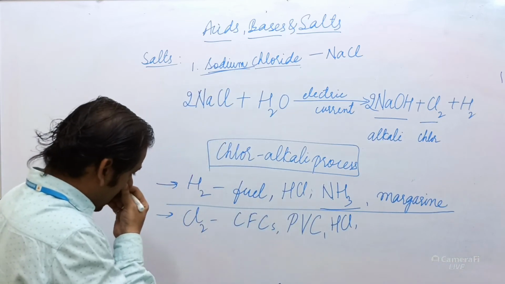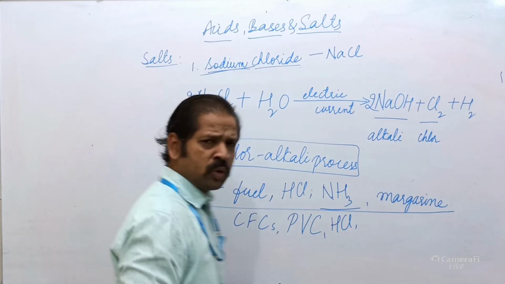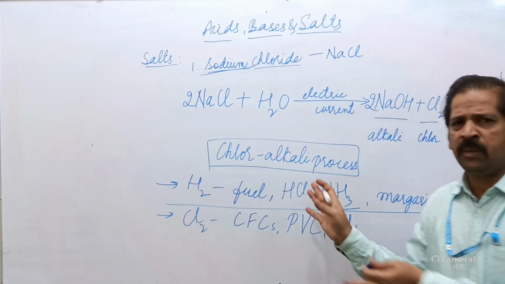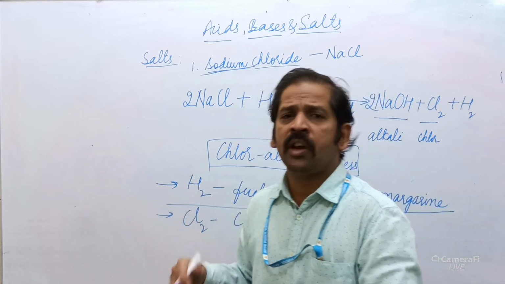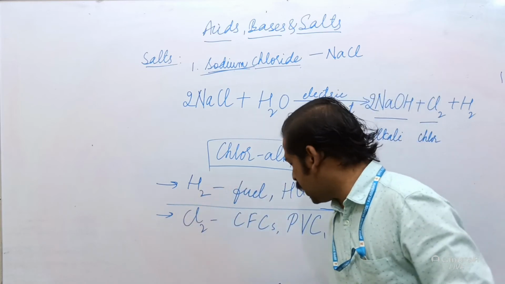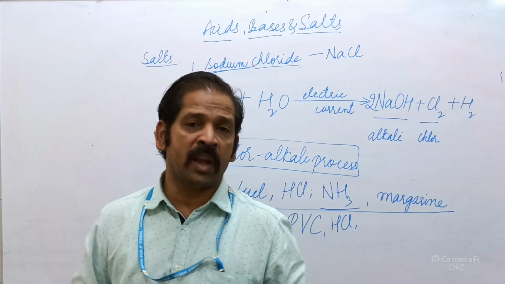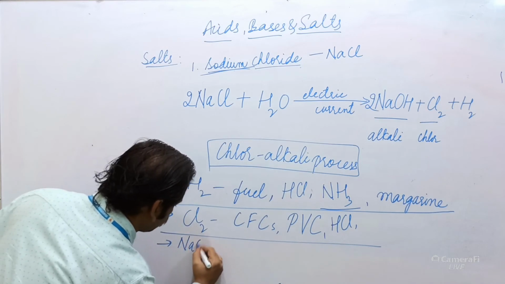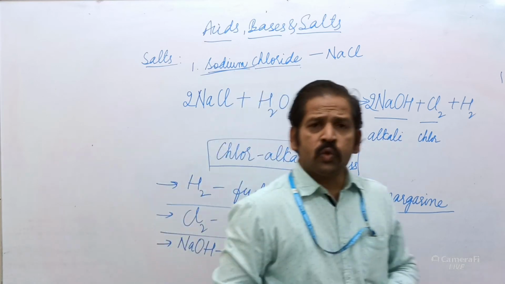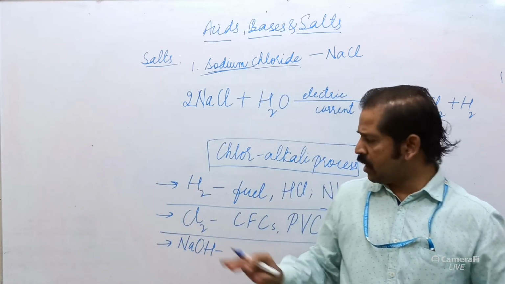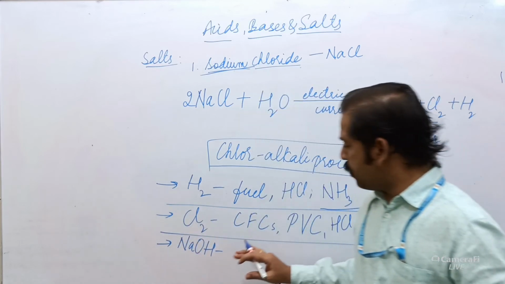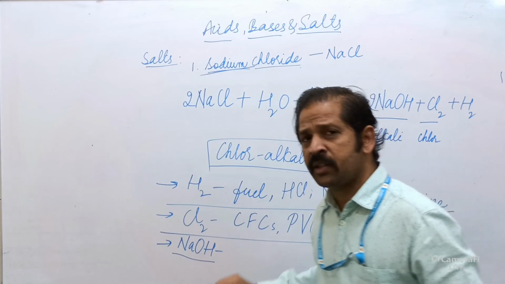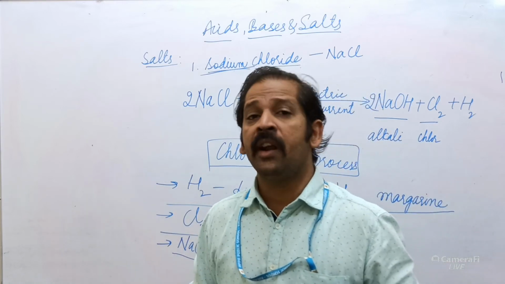Then, apart from that, chlorine is used in swimming pools. You know about it. It is also used in bleaching powders. For bleaching powder, the formula itself is there, CaOCl2, calcium oxychloride. There also this chlorine is used. The last one is sodium hydroxide. Sodium hydroxide is used for the making of bleaches, and as a base in the manufacture of soaps and detergents. It is a major